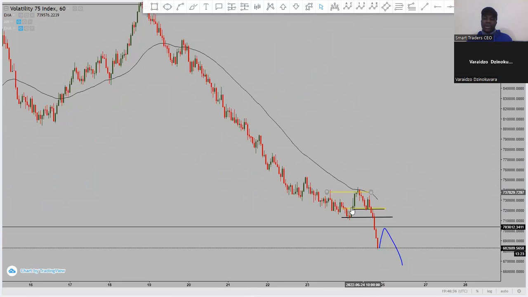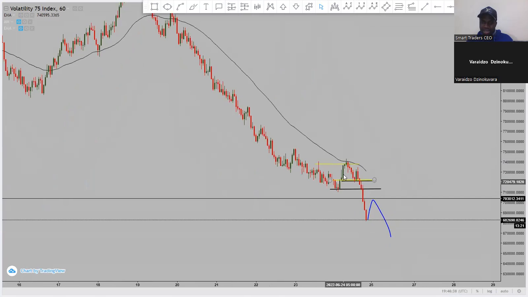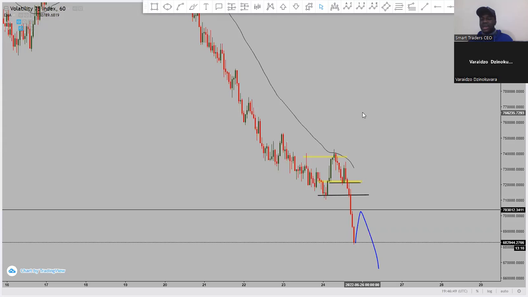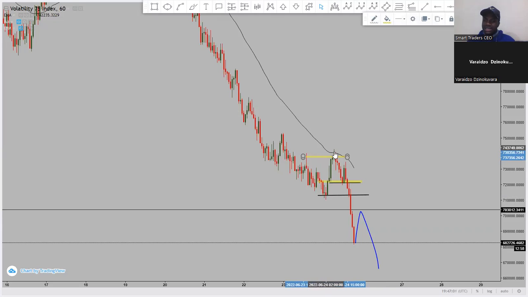If you check on the 1 hour, price actually, so this buy that happened, it failed to break above the moving average. So you could have also used this moving average, because remember, we told you that moving averages are dynamic levels of support and resistance. So basically when it's above the market like that, it's acting as a resistance. So here it bought, reached this resistance, which was the moving average, the dynamic resistance, and failed to break it. Okay, that is the whole concept.